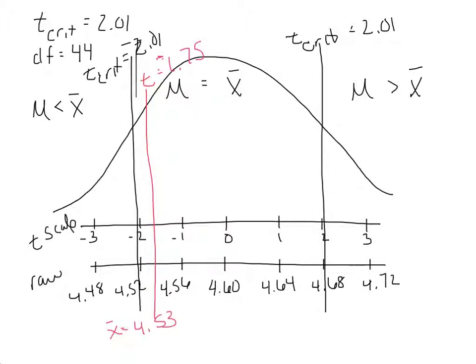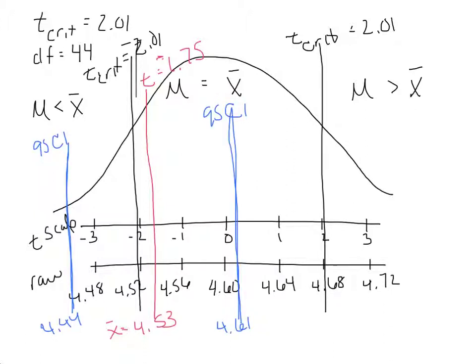There's our T obtained. We also have to add in our confidence intervals. We had a lower limit confidence interval of 4.44, so that's going to be down here. We have an upper limit of 4.61. That's going to fall right there. So 95 CI, 4.44, 4.61. Well, our mean does fall within our confidence intervals, so we can be confident that our mean, as does the population mean,